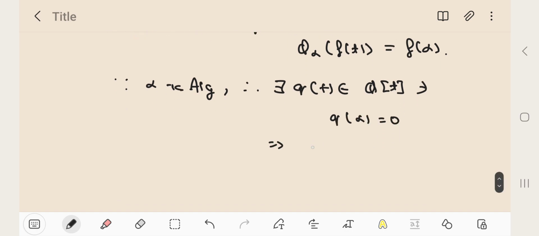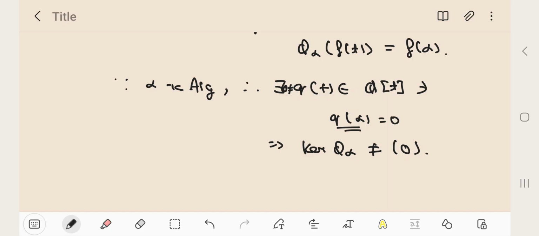This immediately means that the kernel of this map is non-zero, right? There exists a non-zero polynomial such that